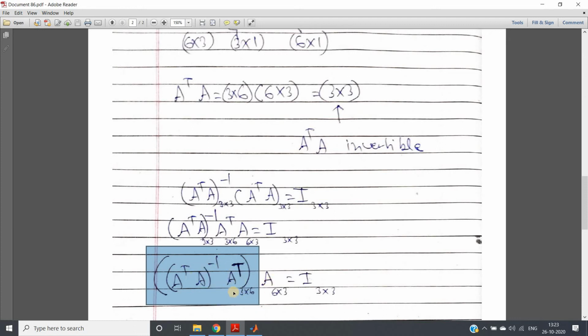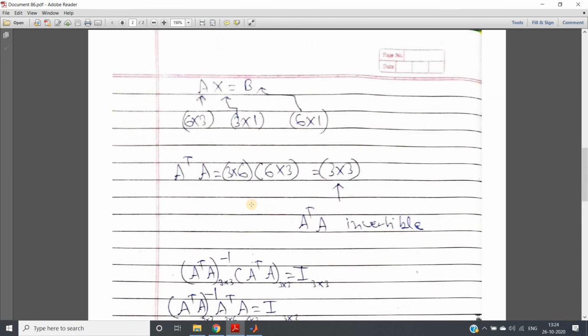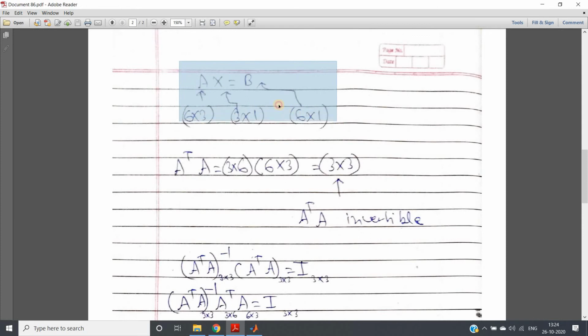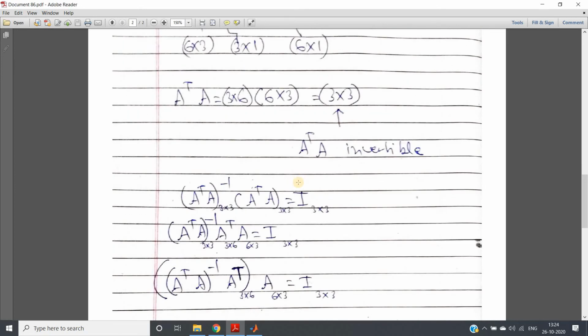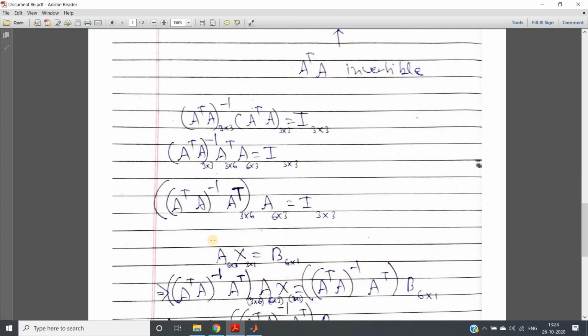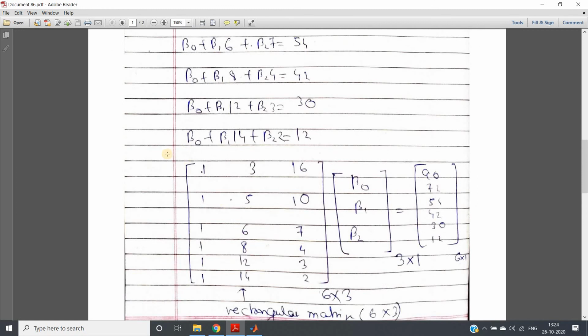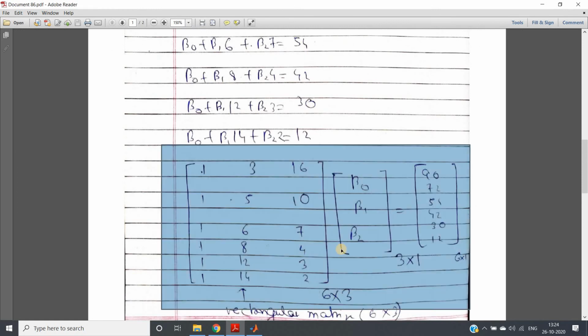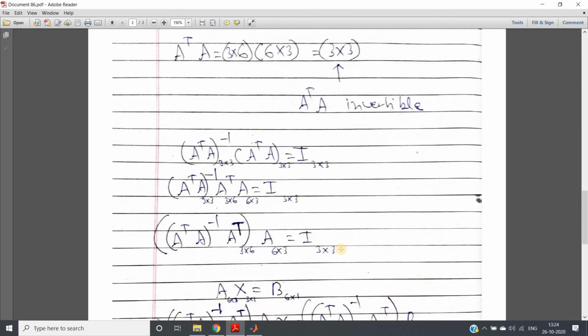So this is our inverse for this particular rectangular matrix. Now come back to this particular problem, where the problem was we have to find out x, but for A we don't have the inverse, but now we have calculated the inverse. So what we will do, I am taking the same equation Ax equal to B, which is basically representative of this particular equation only, which is an over determined system, right?